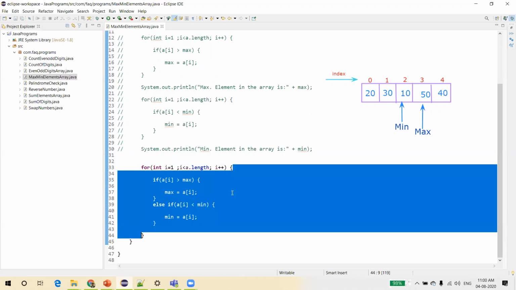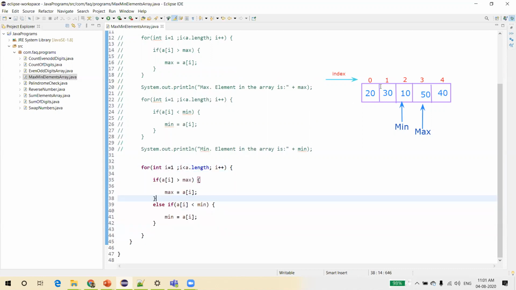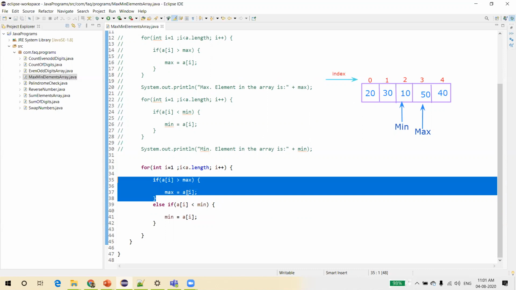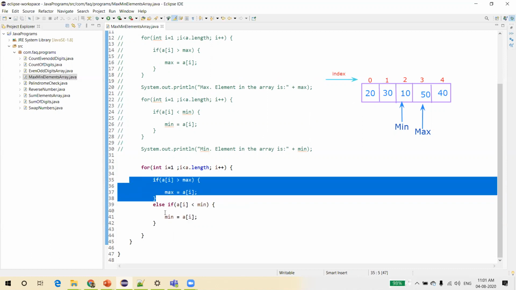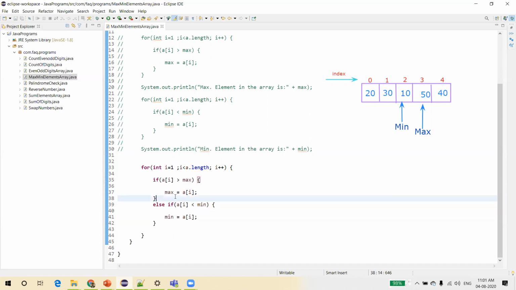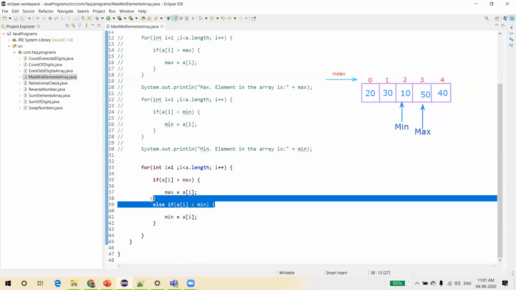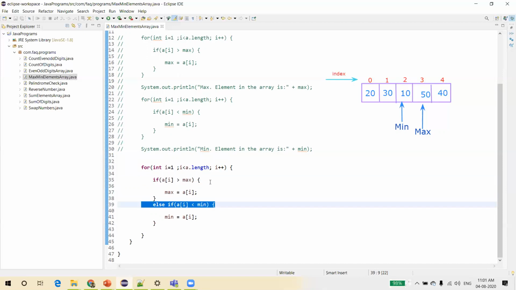In this loop, each time we read one element in the array, and if it is greater than maximum, we'll assign it here. And we don't need to compare this, as the element itself is greater than maximum, so it can't be less than minimum. So in that case, we'll not have this else if. Only if this condition is false, we'll come here and verify if that current element is less than minimum value.